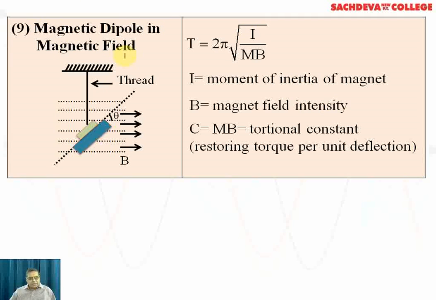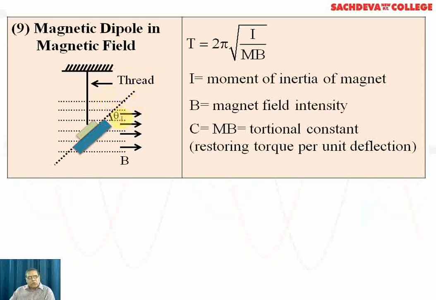Now we come towards the magnetic dipole in a magnetic field. When a magnet is suspended in a magnetic field, that is a uniform magnetic field, then we find that that magnetic field exerts force on the dipole, that is the magnet, and magnet begins to rotate about its axis. So the horizontal arrows are indicating the magnetic field, and a dark line with which magnet is suspended is a thread, and the dotted line which is inclined at angle theta to the horizontal,